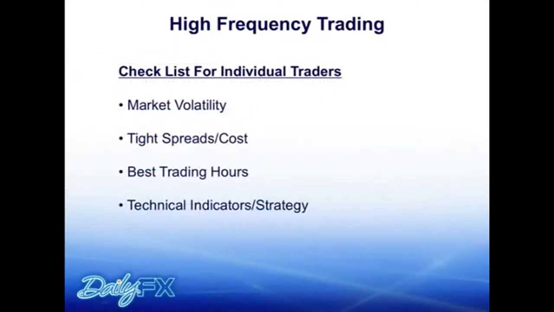The first thing we want to look at is market volatility. Again, market volatility is a good thing for traders, especially if you're looking to trade on a day-to-day basis. And if you're just looking for those quick ups and downs, we certainly need that volatility in order to reach our targets. But at the same time, one thing we also want to look for is tight spreads and costs. As I just showed you with the chart before this, if we do have higher cost of trade, that certainly weighs on our profits. So we definitely want to pick certain currency pairs that will help us maximize the